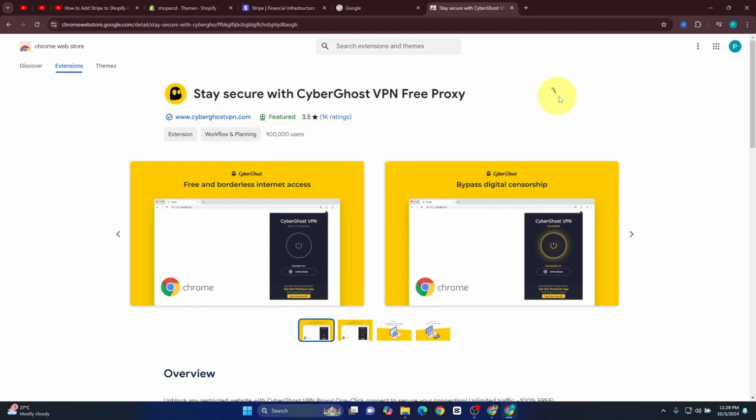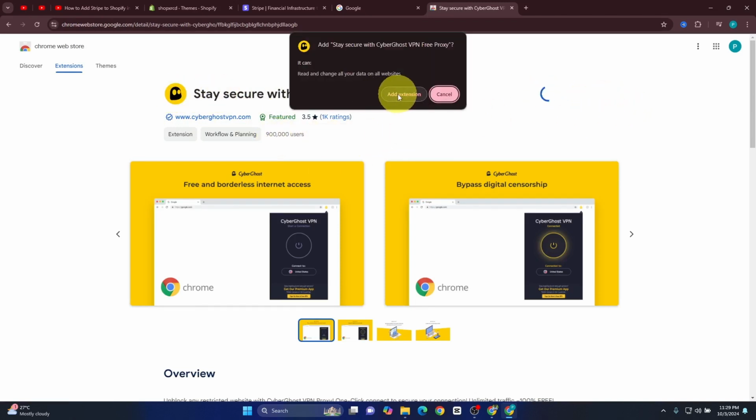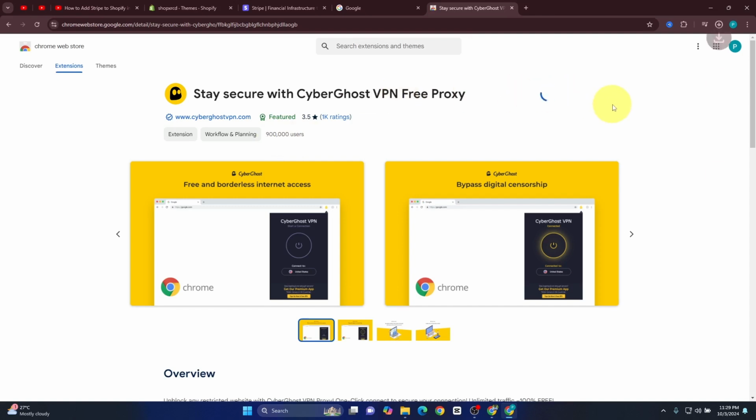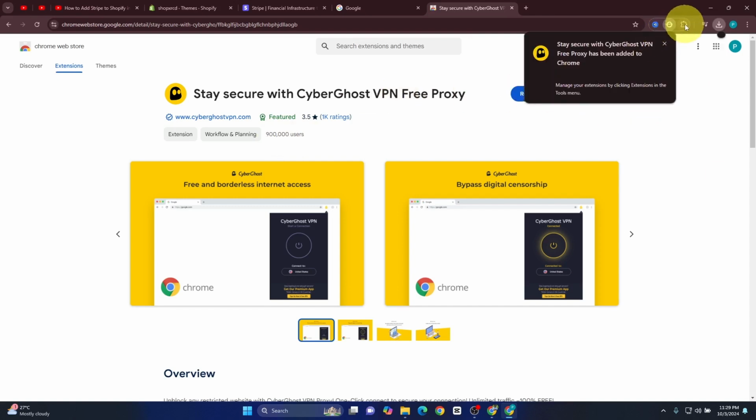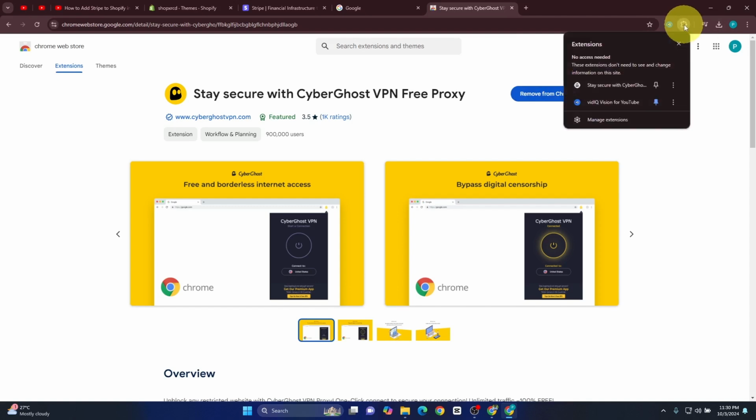Click on add to Chrome, click on add extension, and it's installed. Now go to the puzzle icon, click on puzzle icon and then click on pin. Now let's click on the CyberGhost icon